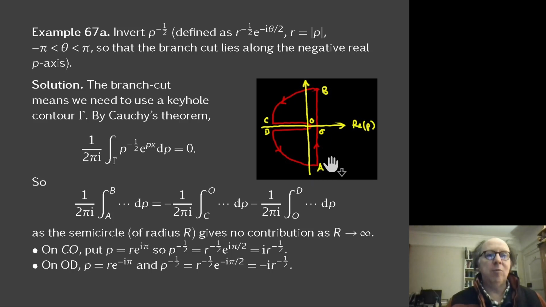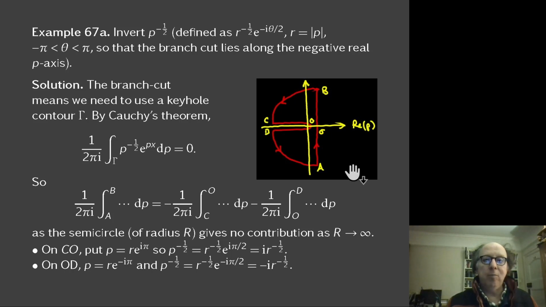So there's a certain amount of technical work to do. You need to show, and you'll see in the lecture notes how to do it for a slightly different example, that the integral around these arcs goes to 0, and then you use Cauchy's theorem to say that the integral around the whole lot is 0, because there are no singularities inside the contour, no poles. And that says, therefore, that the integral we want from A to B in the diagram is equal to the integral from C to O plus the integral from O to D plus the two contributions that vanish in the limit.